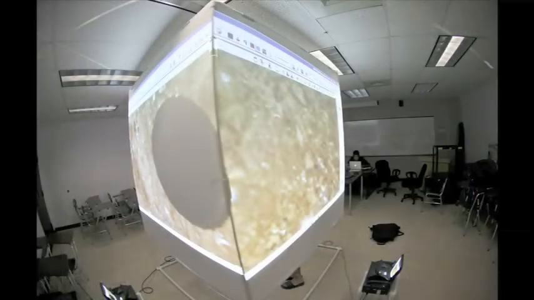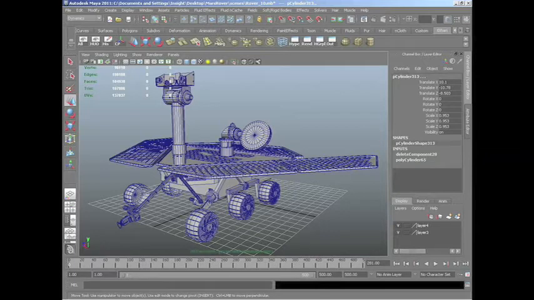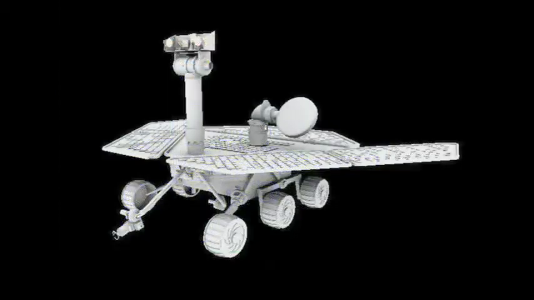Right now, we're building a simulation of the surface of Mars, and I'm having Ethan create the Mars Spirit rover. I'm building the Mars rover from reference images, and we're going to be able to put that on the Mars surface and run the simulation. The challenge is looking at reference images and trying to figure out how different parts work together and where they go in different sizes. You don't always get the best reference images, so you have to surf around the web for those.